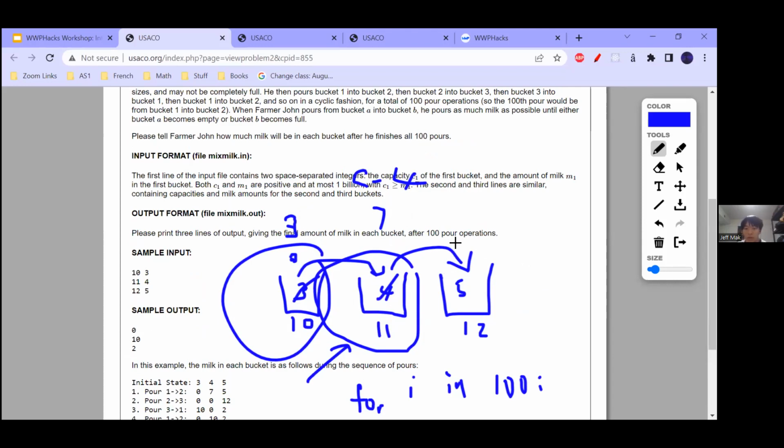After that, we go here. The amount of milk in here is 7, and there's 5 over here. So C minus 5 is 7, and since they're both the same, you can just subtract 7 from here and add 7 to here, and this would be 12. Let me clean this up a bit.